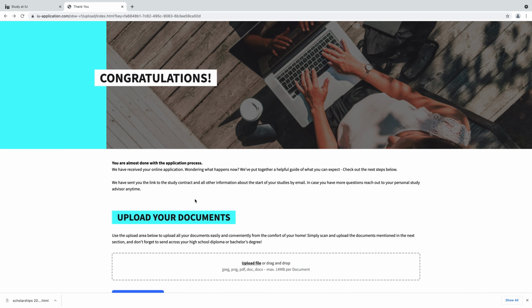Next is access study contract. If you want to take a look at your study contract and sign it right now, you can simply skip this page and make yourself already familiar with your IU study contract. So if you click here download contract,